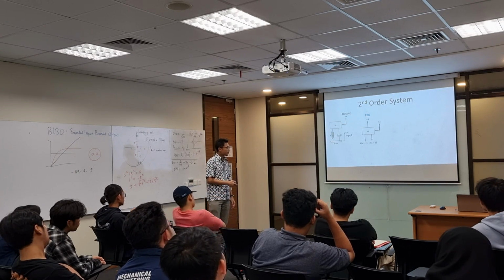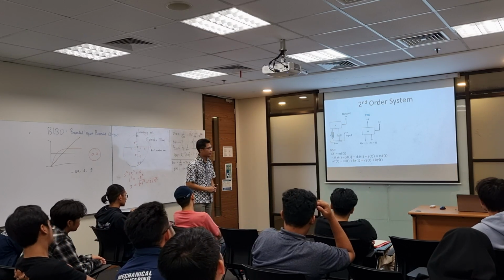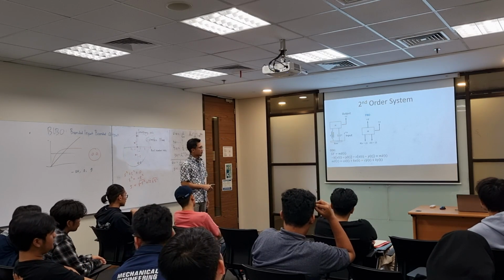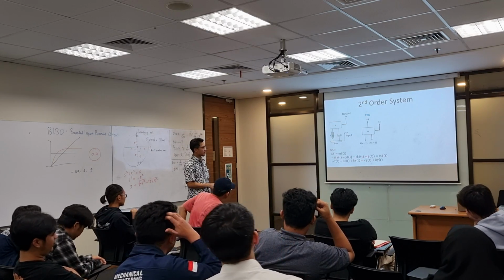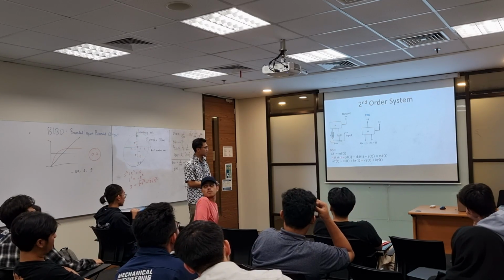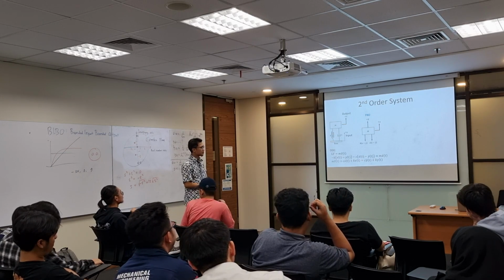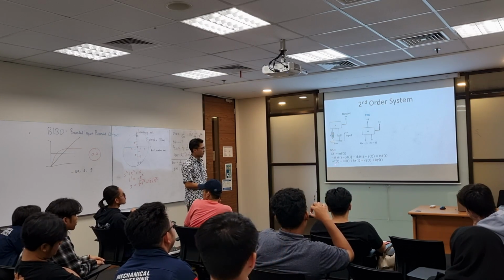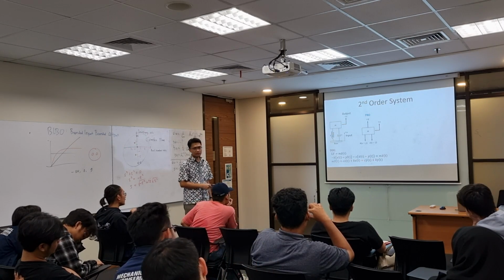Let's create the differential equation. That's the equation of motion. So we have minus k and then minus c. Why is it minus? Anyone know why we put minus here? Because it is going down. And then we rearrange the equation. We have this one on the left and that one on the right side.